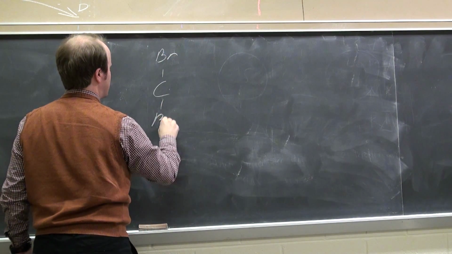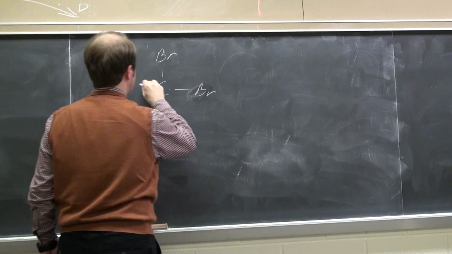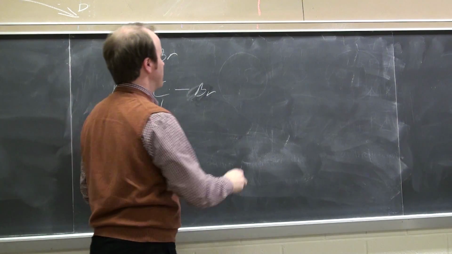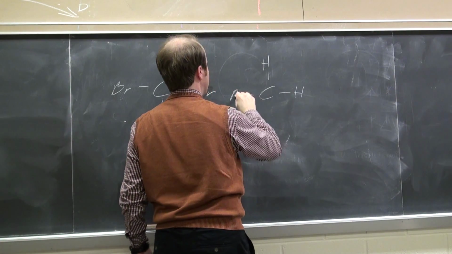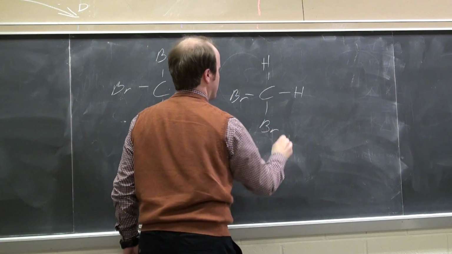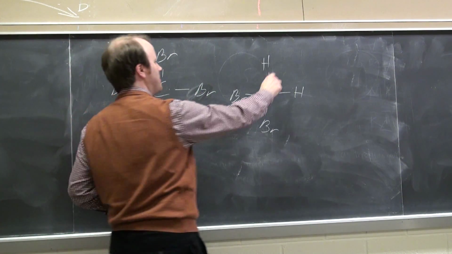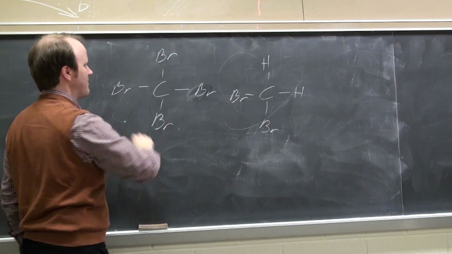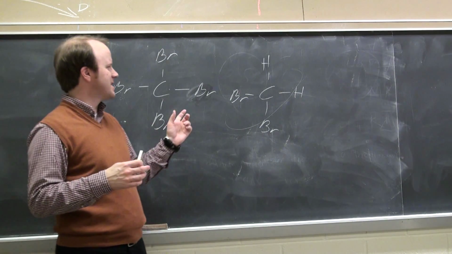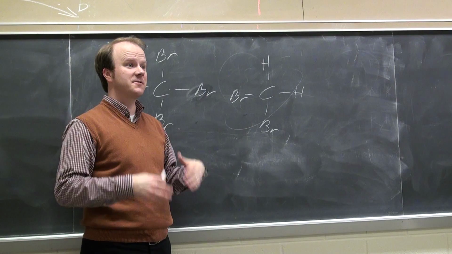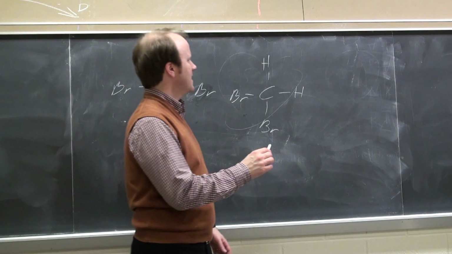So it's this one, versus the other one. Which one is more volatile, right? Here you have a dipole, and here you have no dipole, but you have dispersion forces. And so this problem is not easy to figure out just from inspection. So what you need to know especially is that